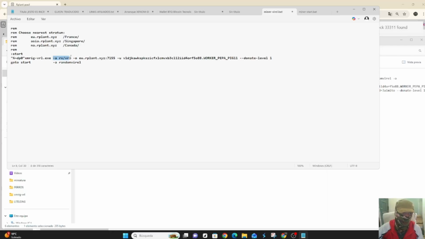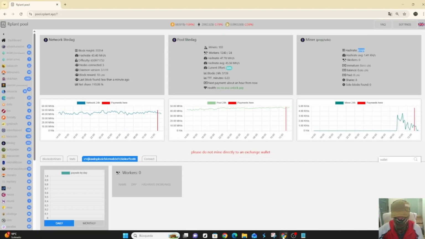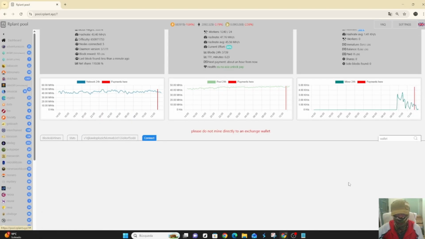Well, look. Here I have realized that it just made an error with the algorithm. Because see, if you look, here it is mining, okay? Here it is mining the accepted hashes. But instead, in the pool, the hashes don't arrive, and what has happened to me? Well, is this. Do you see this? The algorithm